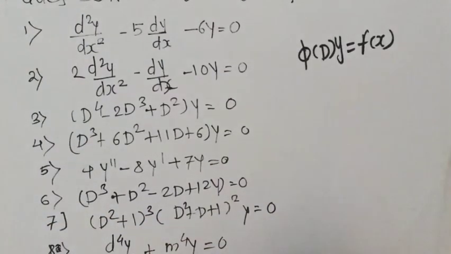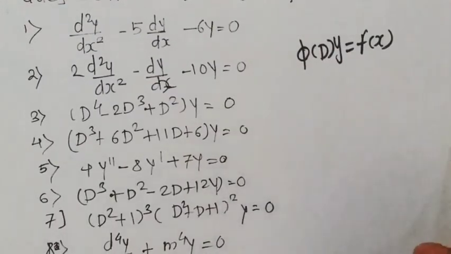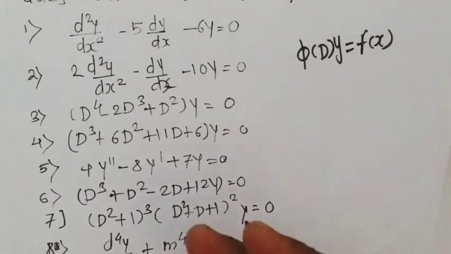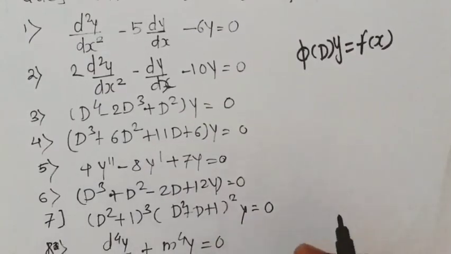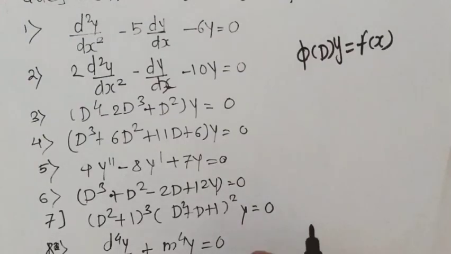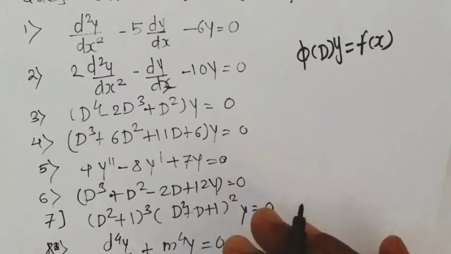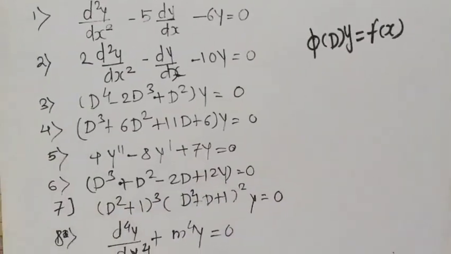Once you get the auxiliary equation, our next task is to determine its roots by using the known methods of finding roots of a polynomial. Those methods are called the factorization method and the synthetic division method. There are many methods, or you can use calculators for determining roots of a polynomial up to degree 3. Once we get the roots, we apply the rules for determining the complementary function. There are a total of four rules that we discussed in the previous video. Okay, so let us start.